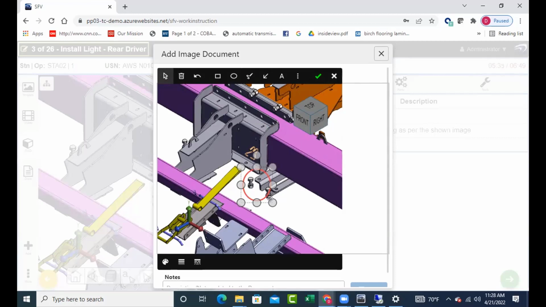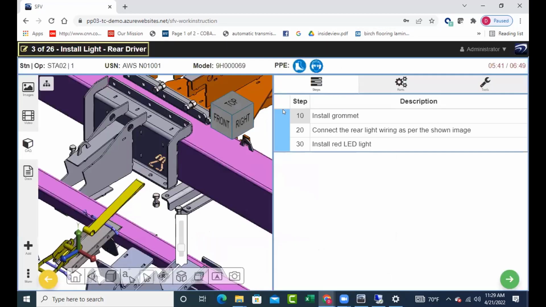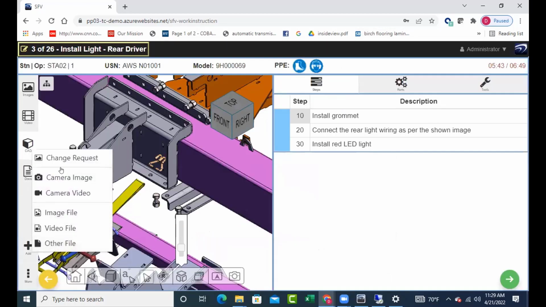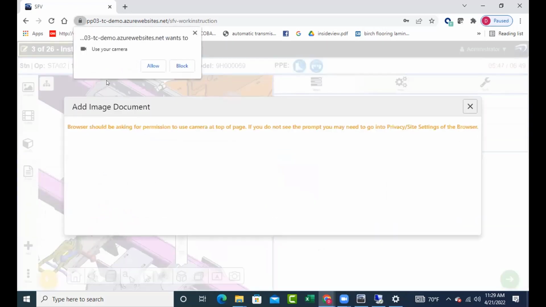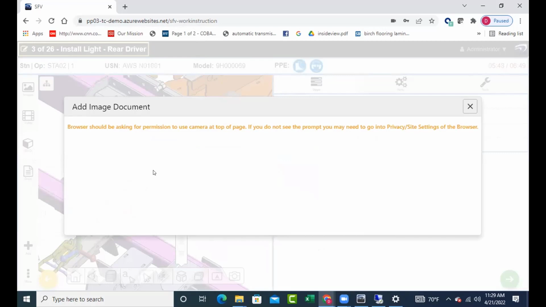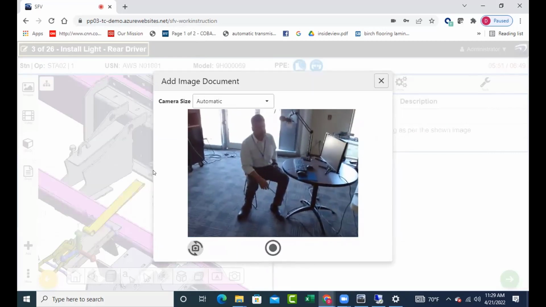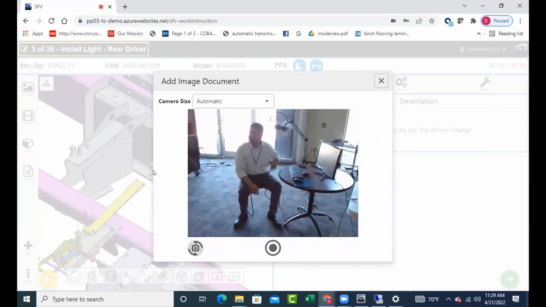It's not only text communication, but you can take images from the shop floor. Now, of course, I didn't have to do a CAD if I had a camera hooked up, which I think this one does. Yeah, this camera should be able to get it. Okay, I should be able to take my own picture and send it as a change request, right?